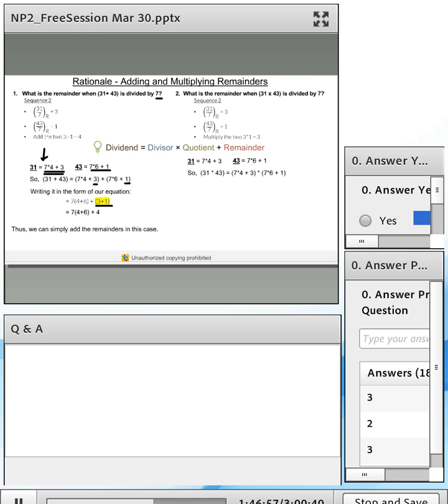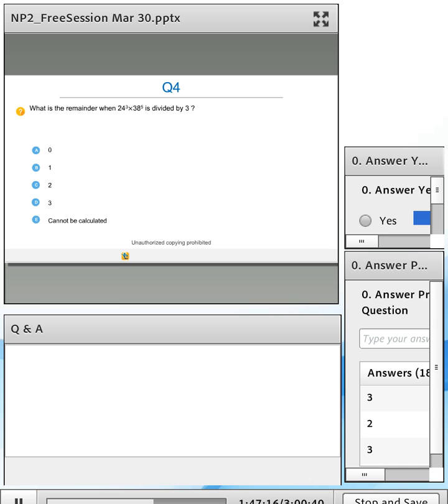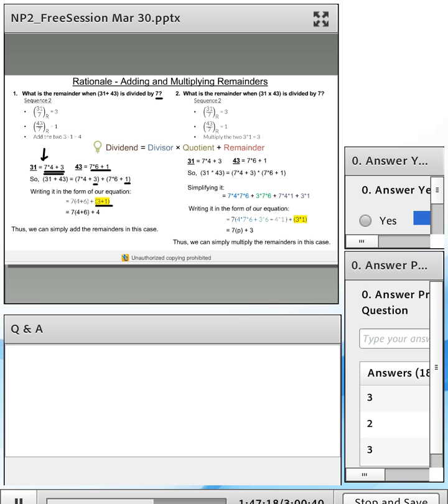So I'm proving why you can add remainders and why you can take the product of remainders. That is what I am proving to you. So after the session, please spend some time on this slide as well and do it yourself. Take up a few cases, do it yourself and see, okay, this is how it comes out to be. Okay. So what we have learned so far is you can multiply remainders, you can divide remainders.